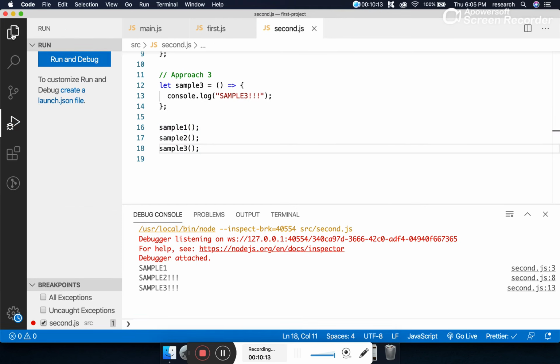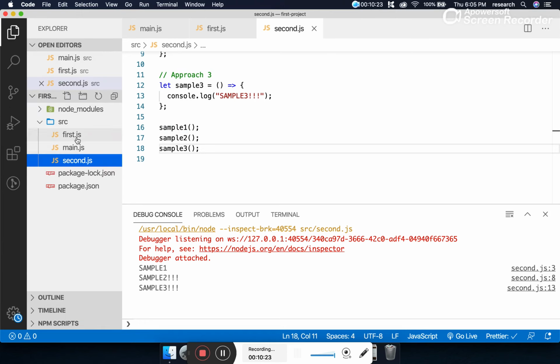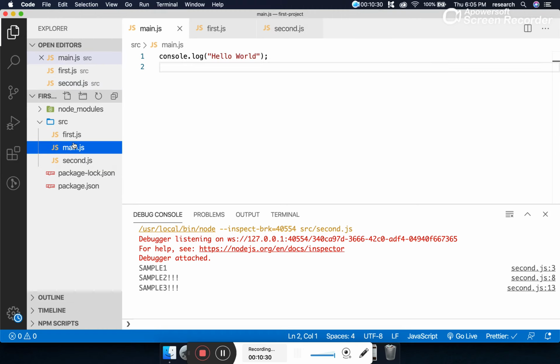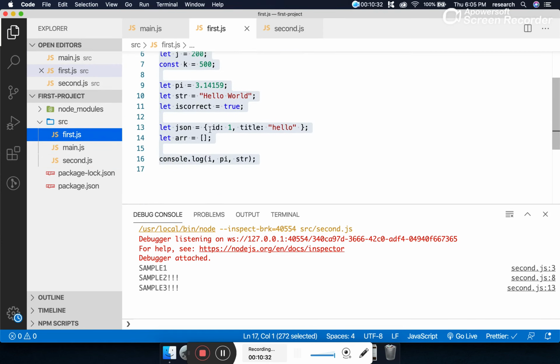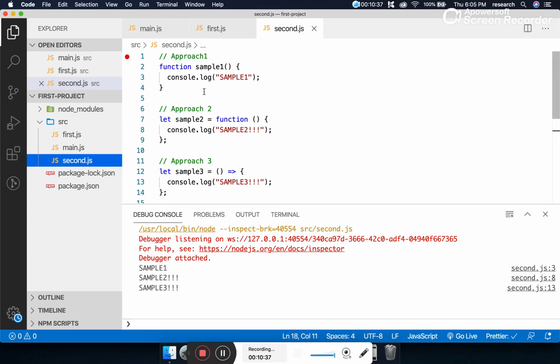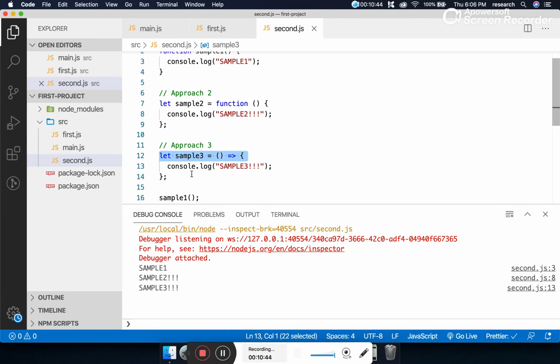And we can also create a class, but we'll discuss the class some other day. So what we have learned in this session, we have created multiple programs. We have learned how to declare variables, how to declare objects, how to declare arrays, and then we also learned how to declare different types of functions: normal functions, anonymous functions, and arrow functions. All these things we are going to use in our upcoming sessions.